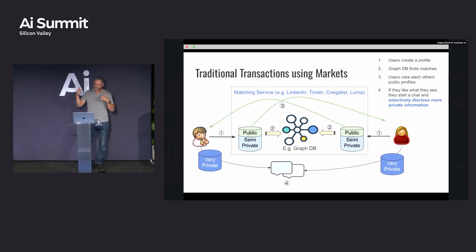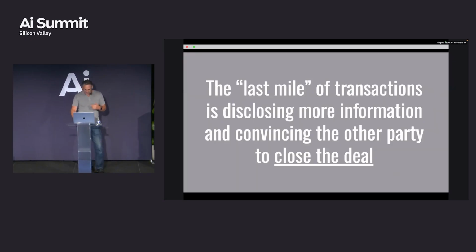What I think is really neat about this is that there's a last mile of transactions where it's usually a human to a human figuring out, is this really what I want? It could be trying to get a job, it could be trying to rent an apartment, it could be trying to buy a car. All these things. And right now, that's not automated, and that's an amazing opportunity on the Agentic Web right now. So the last mile is